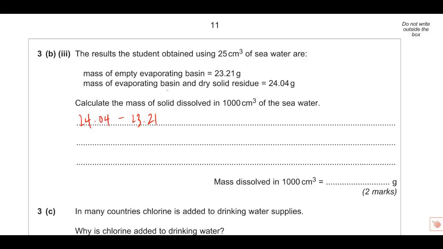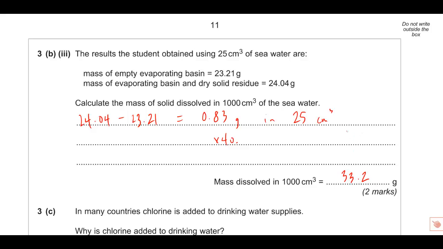the idea that if this is the evaporating basin, and this is the evaporating basin plus the solid, then the difference between these two, which will be 0.83 grams, is the mass in 25 centimeters cubed, but that's not what it's asking. It's asking for in 1,000 centimeters cubed. So we've got to multiply that up by 40, and the answer we're looking for is